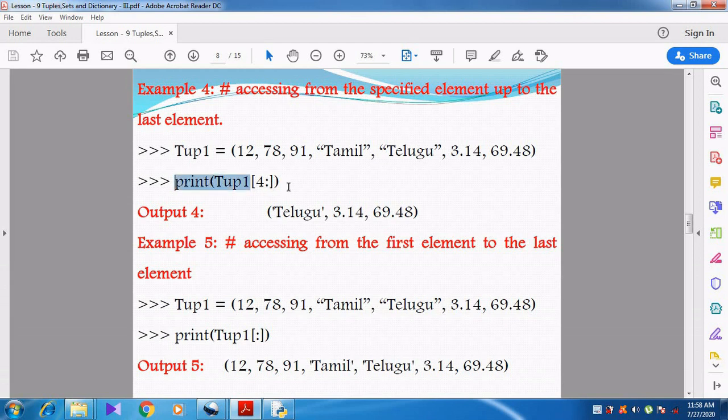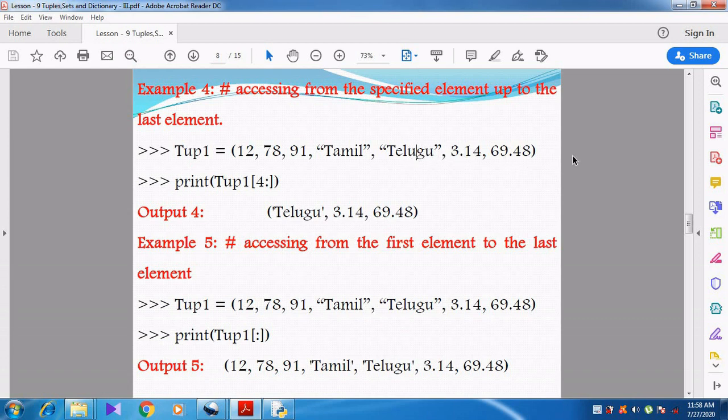See here, print tube 1 4: the ending index is not yet given. So what is the starting index? 4. So 0, 1, 2, 3. Tamil stands for the third index. So what will be the fourth index? Telugu. So I should start from Telugu. And then how many elements are there?